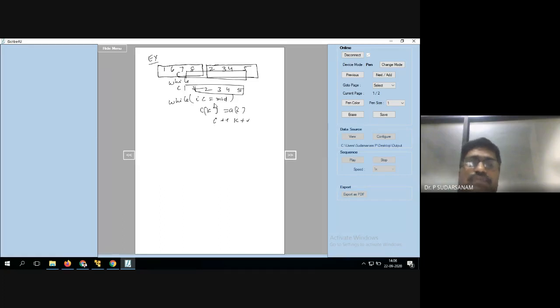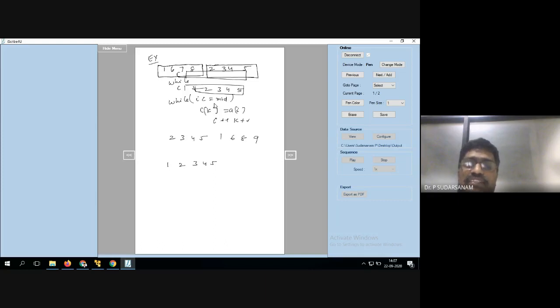Now, similarly, take a different example. You have something like this: 2, 3, 4, 5, 1, 6, 8, 9. In this case, what will happen? 1, 2, 3, 4, 5 are copied. The remaining elements 6, 8, 9 are there, which is the second part, the j location.